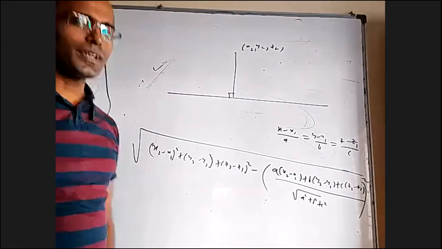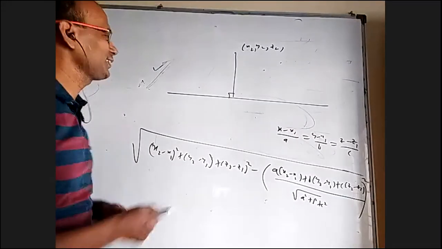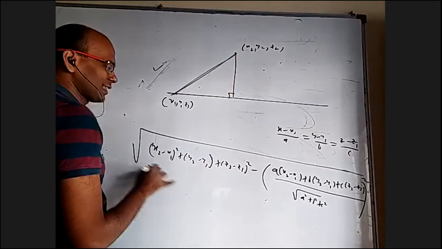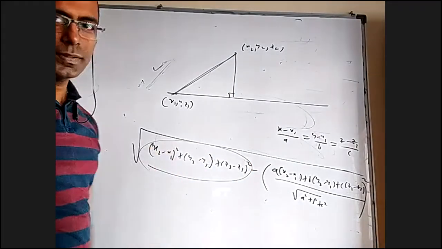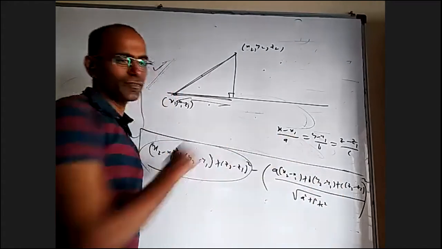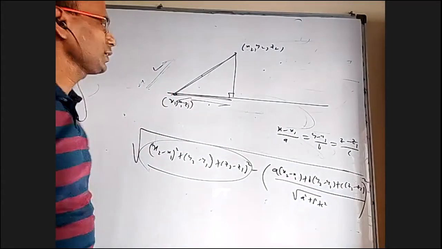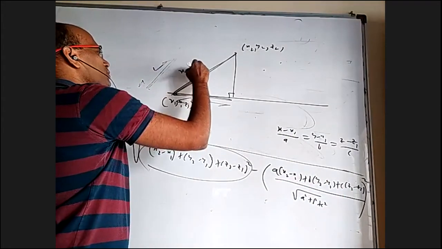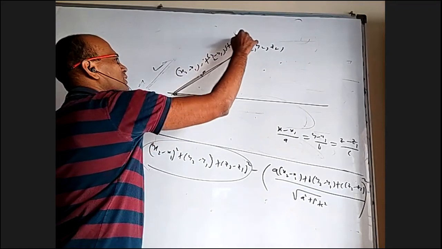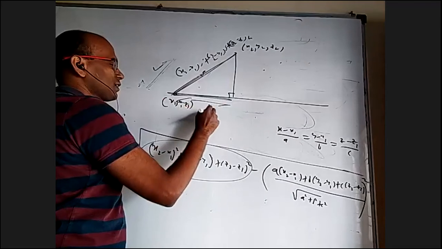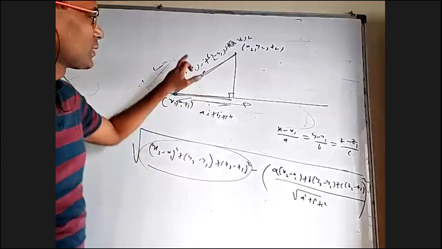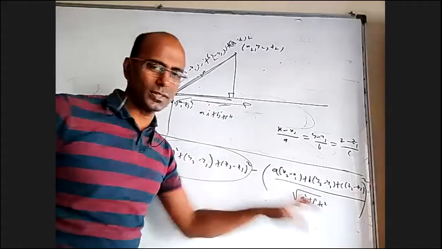But how is it derived? Very simple. The same. X1, Y1, Z1 is here. This length, the hypotenuse length, is this. And what is this length? The projection of this on this, which is exactly the projection formula. Because what is this vector? X2 minus X1 I, Y2 minus Y1 J, Z2 minus Z1 K. And what is this vector? AI plus BJ plus CK. What is the projection of this on this? This dot this by mod of this whole square. That is only this.